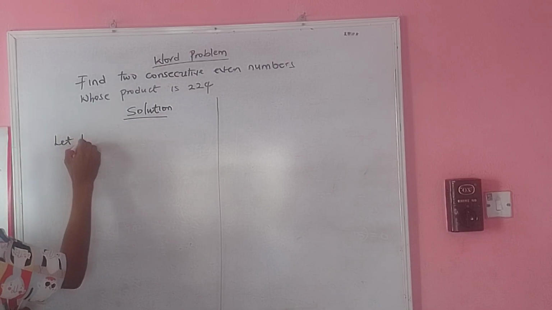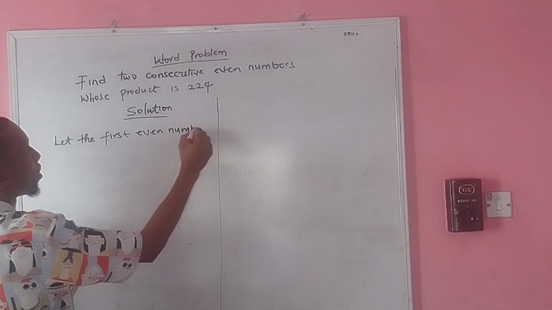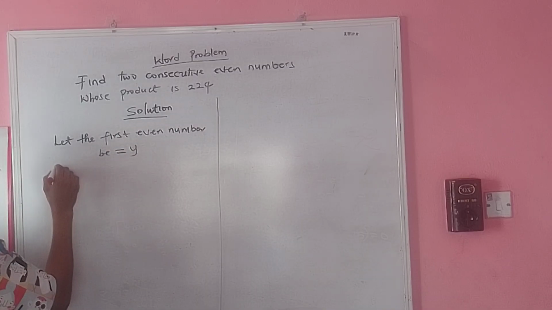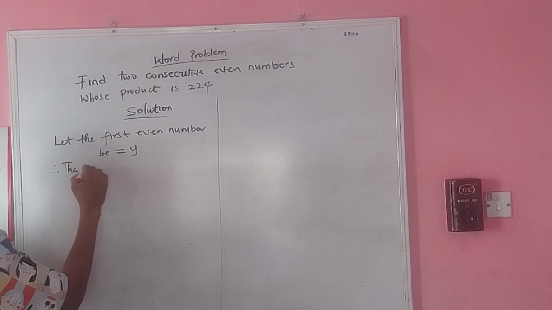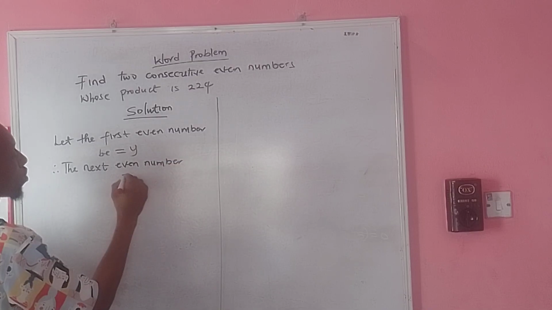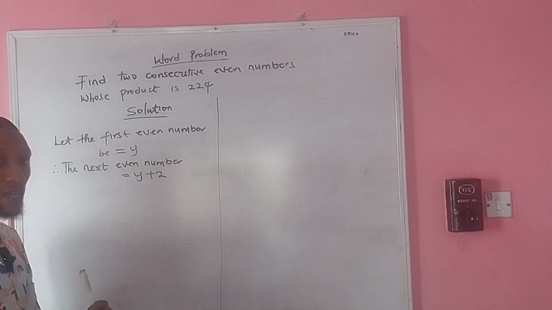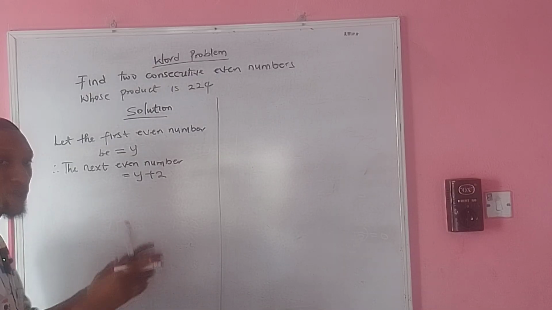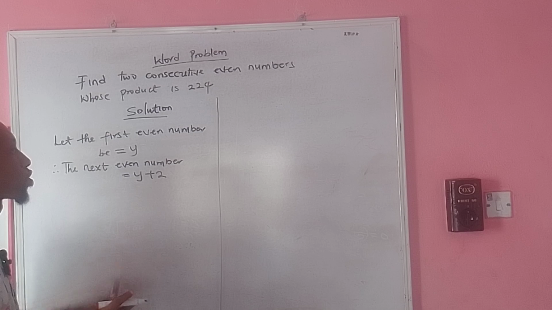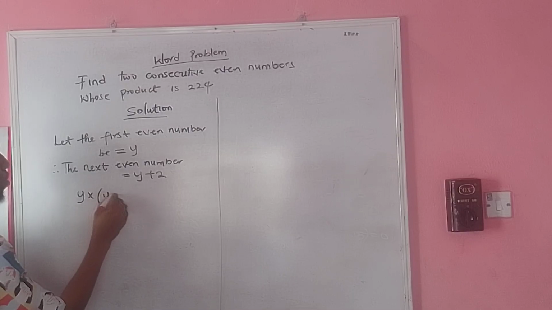I can say let the first even number be equal to y. Therefore, the next even number will be equal to y plus 2, because after 2 you have 4, after 4 you have 6, after 6 you have 8, so you add 2 to the previous one to get the next one. But since we don't know the even numbers, I make use of y, and the next one will be y plus 2. So product is the result you get after multiplication, so I have y times the next one, y plus 2